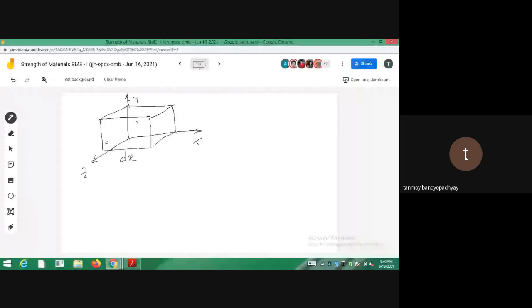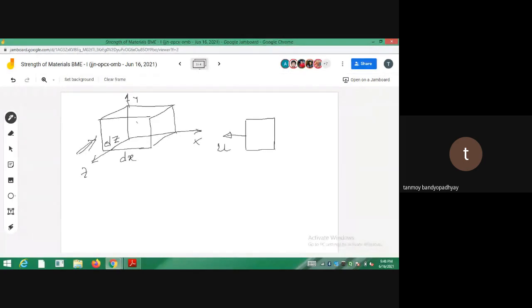Maybe due to the rain, the writing is taking a time delay. So I am taking the front view of this one, and I should get something like this. I am drawing only the element in the xy plane. So let us write the displacements.